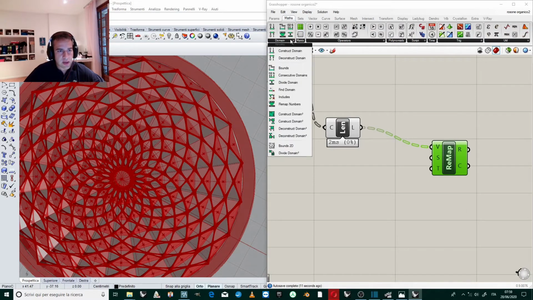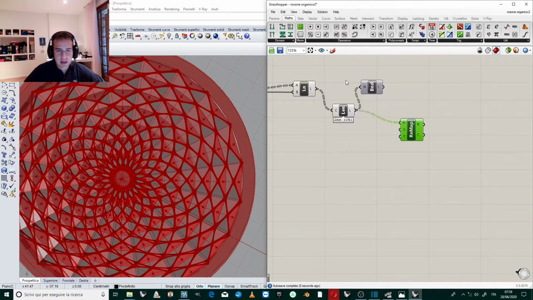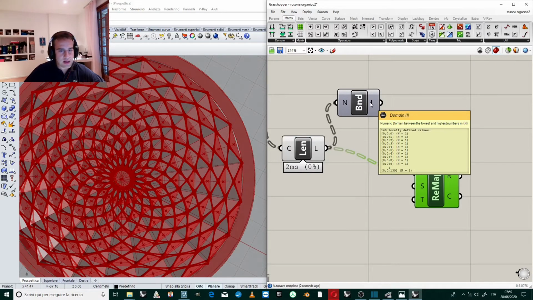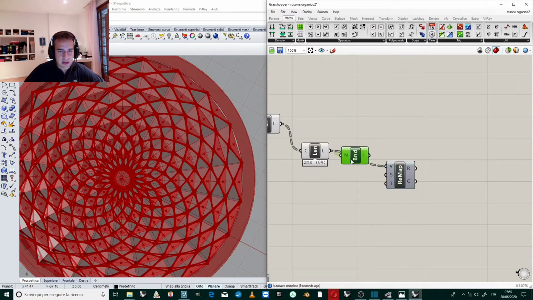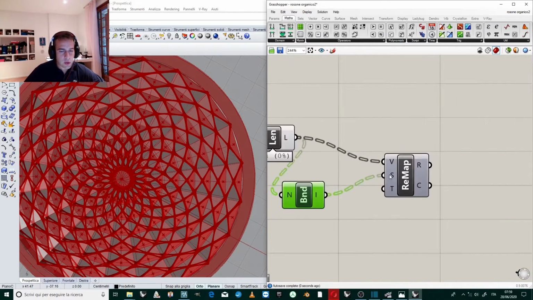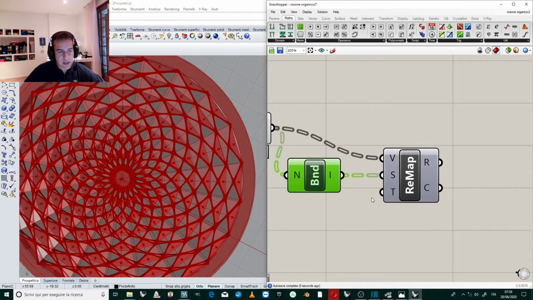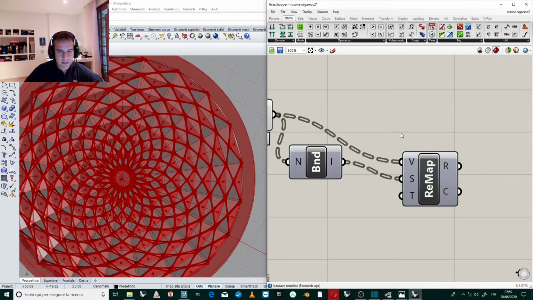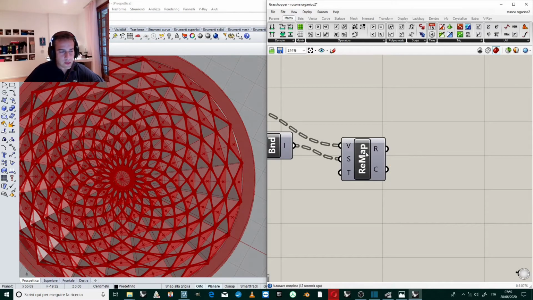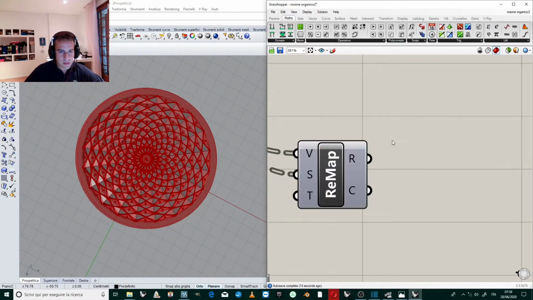Math domain bounds, that finds the numeric domain between the lowest and the highest, and we give it to S. So this domain has to become from 0 to 1. Perfect. Now I should have values